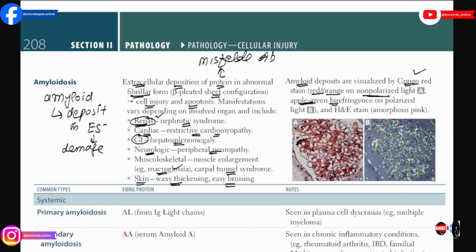One method is using Congo red stain. Another method is under the polarized light. On the Congo red stain, they will appear as red orange. On the polarized light, they will appear as apple green birefringence. You can see here, these are the apple green